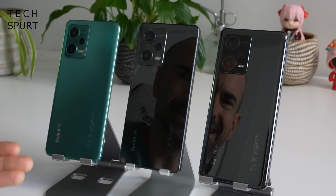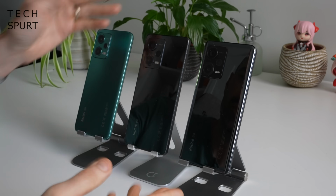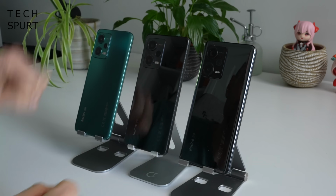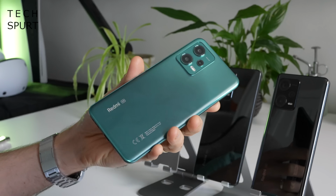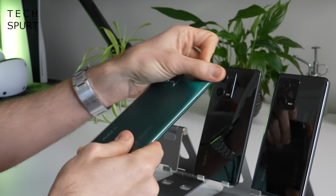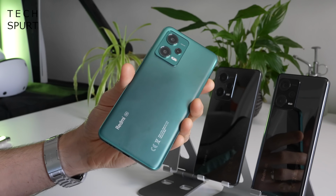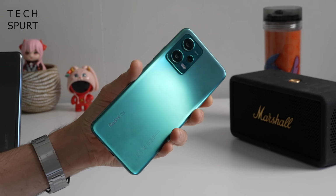It is mirrored, so you can do your hair and makeup on your commute if you still have a commute. I'm not a huge fan though, because it does tend to smudge up far too easily. You'll be constantly buffing these things up so they don't look like absolute grease and grime magnets. So my personal preference is for the matte plastic finish actually of the regular Redmi Note 12 5G. Especially as it comes in this lovely forest green colour,